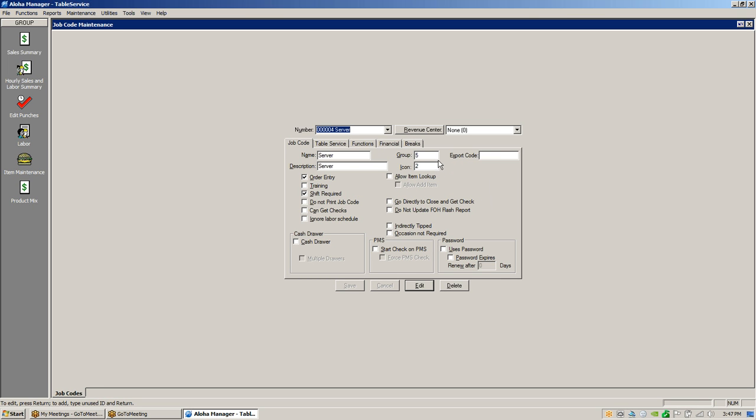Your group, this is your labor group that this job code is in, and then your icon. When you see a little picture of like a tray, or you see a picture of a crown or that kind of thing when you go to clock in, it's pulling this from your bitmap folder and putting in the icon here. So if we go into our bitmaps here,